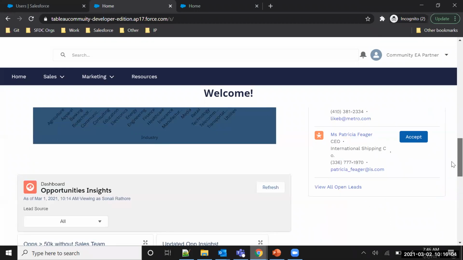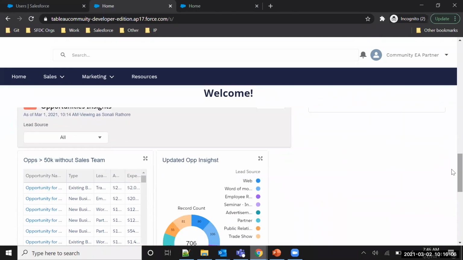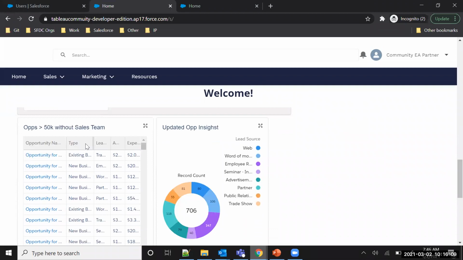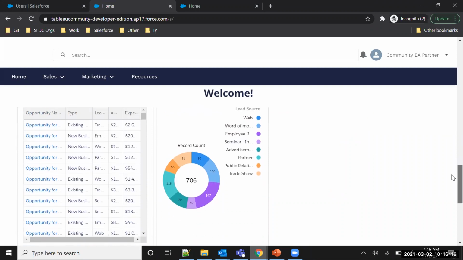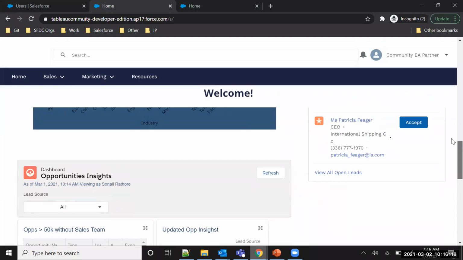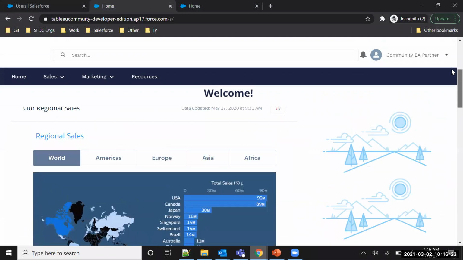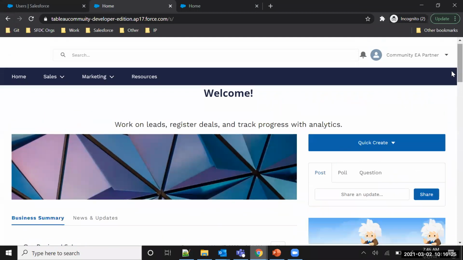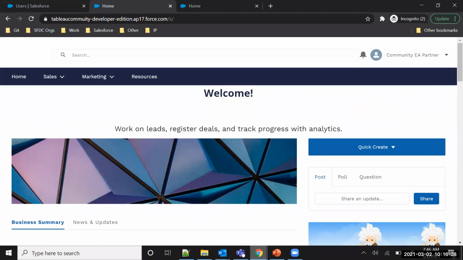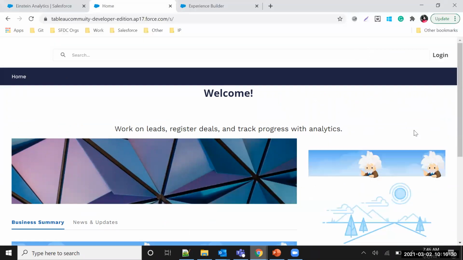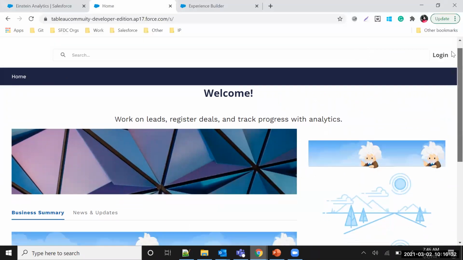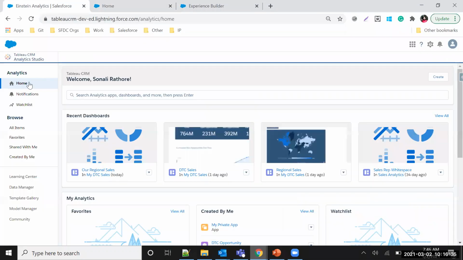And then I have added a simple dashboard here as well. This is a normal dashboard. Here you also have the opportunity amount for the sales team, and then you have insight. You can see the data coming in, but you don't have any connection or interaction with the dashboards. In a similar way, you can have a prediction builder also added here. So let's go to the org and see how it is built. Okay, so let me go to the Salesforce org.